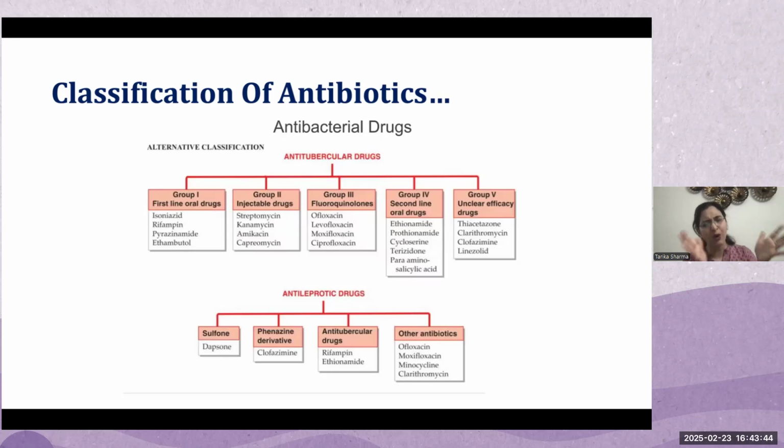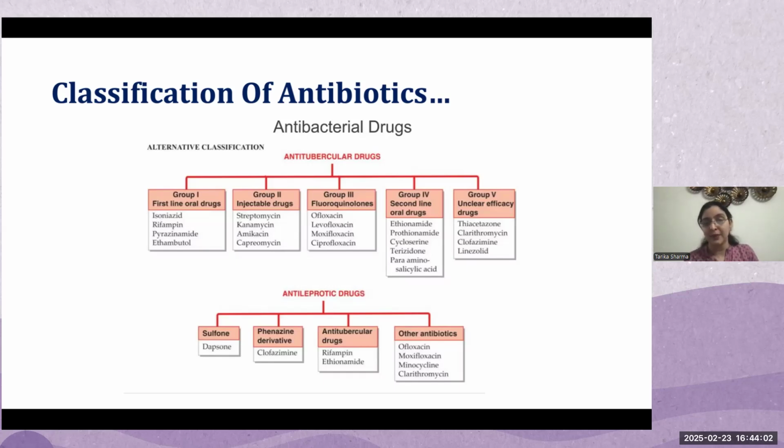So we have a broad list of antibiotics. Many of them may not even be covered in these presentations. But the thing is that we are not using the antibiotics judiciously, and because of that we are coming up with so many kinds of resistance. So when we talk about the antibiotics,